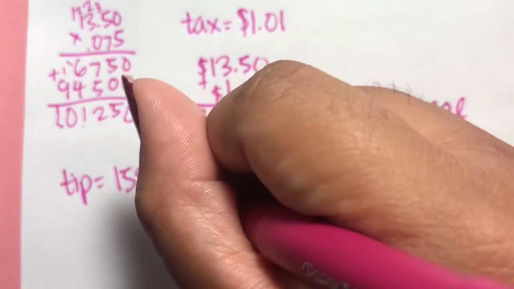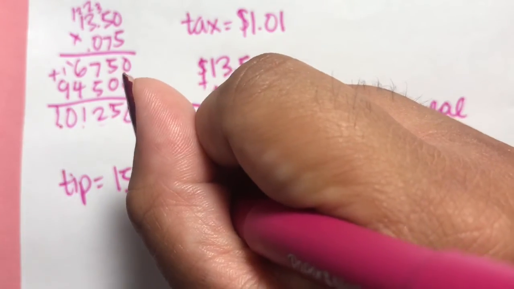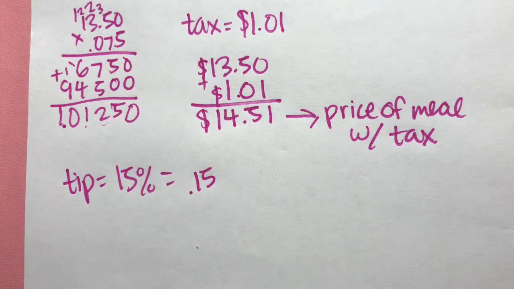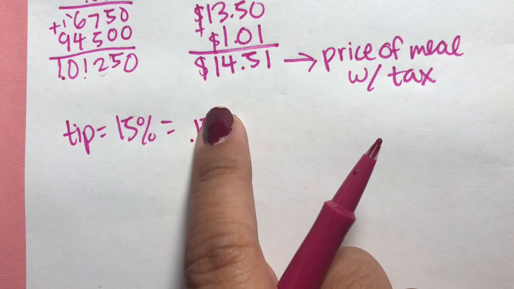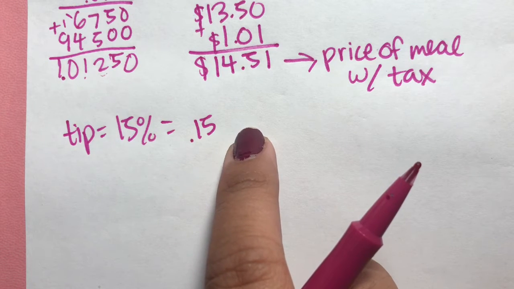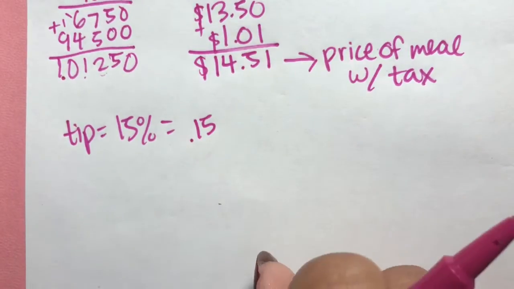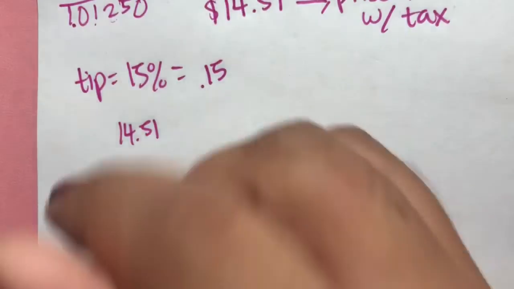We need to turn that into a decimal, and if you move the decimal 2 places to the left, it will be 15 hundredths, or 0 and 15 hundredths, or 0.15. Okay, so now we have our decimal. So to find out the amount of money we'll be paying for tip, we have to multiply this by $14.51. So 14.51 times